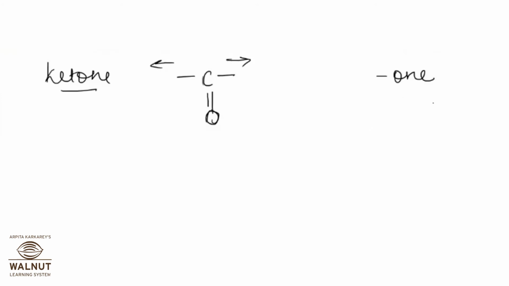Next one is ketone. You have major 4 or 5 functional groups also, but that is not the end of chemistry. This is the structure, ketone. So you have a carbon chain on this side, you have a carbon chain on this side, and in the middle of the carbon chain you have C double bond O. Okay, the ending should be one, O-N-E. So this is your methane, CH4,